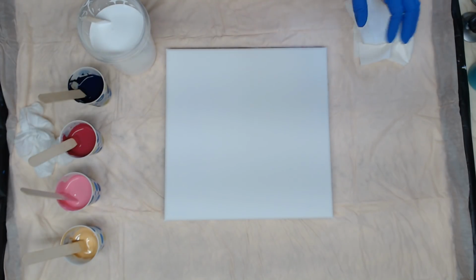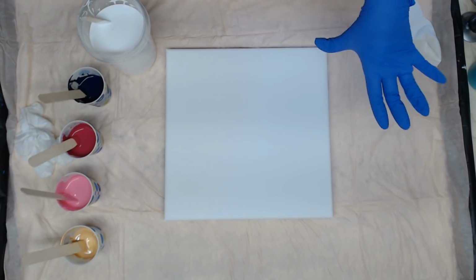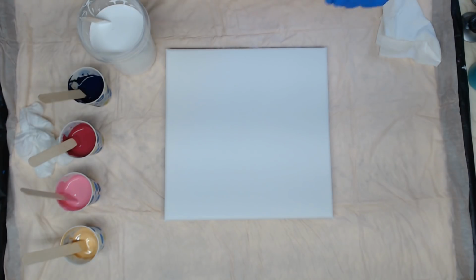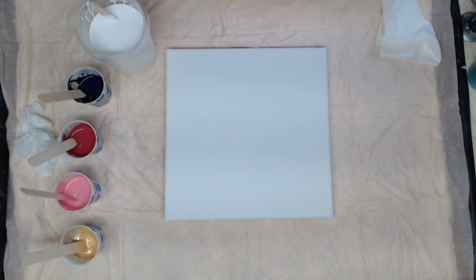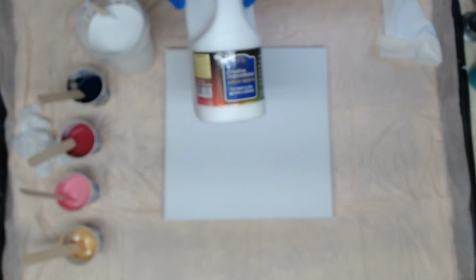Hey everyone, so today is day 21. This will be the last day of our 2 weeks of techniques Encore, and I'm going to do a Dutch pour for you. So instead of just mixing my paint with water, I've had 5 jugs of this sitting here